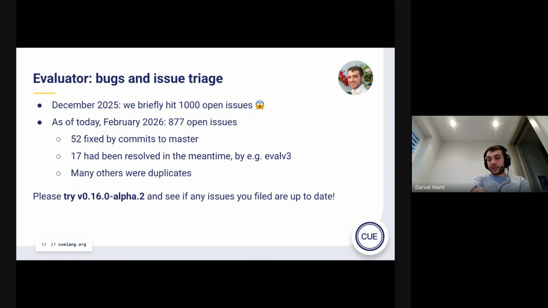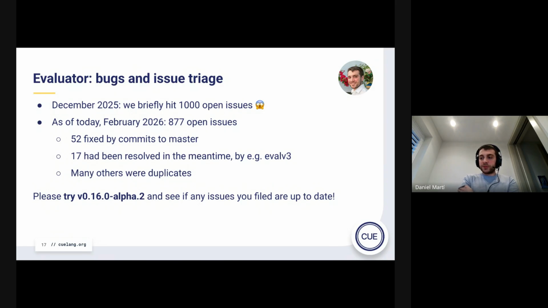A lot of these were fixes going straight to master for minor bugs or panics or hangs or regressions from Evaluator and things like that. Over a dozen of them had been fixed over the last 2-3 years since each one of these was filed, and multiple others were invalid in some way, like duplicates.